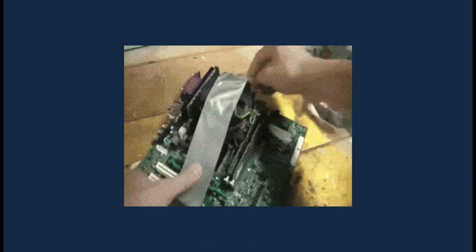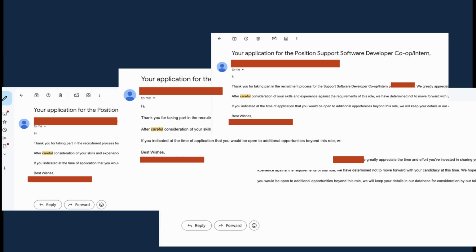Hey, I'm just like you, a second-year computer engineering student with a lot of ambition, and a bunch of rejection emails to prove it. Now, every company said the same thing. After careful consideration, we regret to inform,